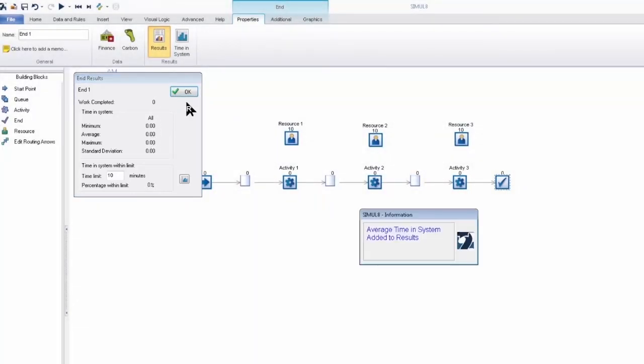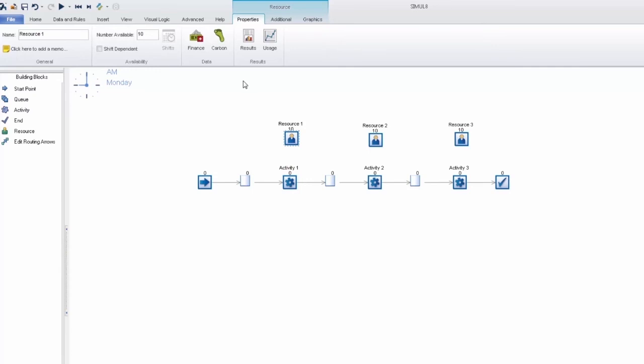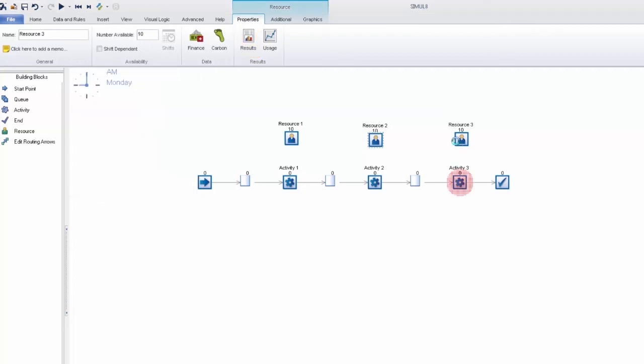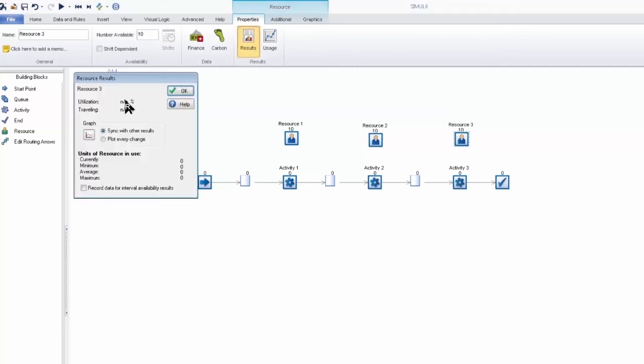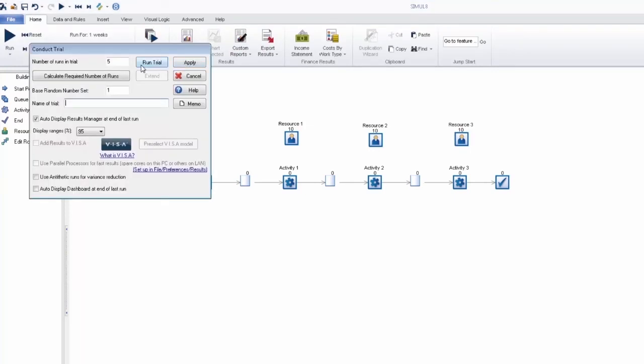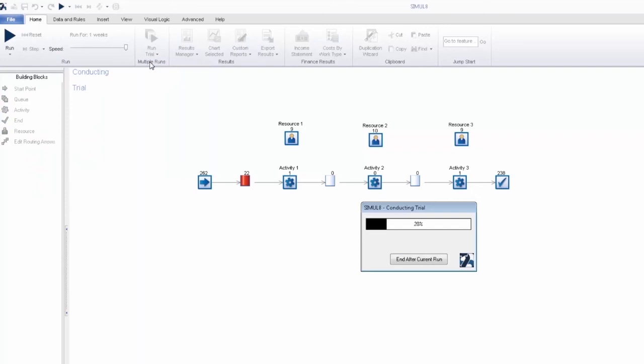We'll take work completed and average time in system. And I'll do the same for these resources. We'll take the utilization percentage of each. Now, in order for the more plot to run and display graphics, we want to run a trial, which is a series of runs. In this case, our trial will have 200 runs in it. So we can go ahead and run a trial directly from our trial setup window,